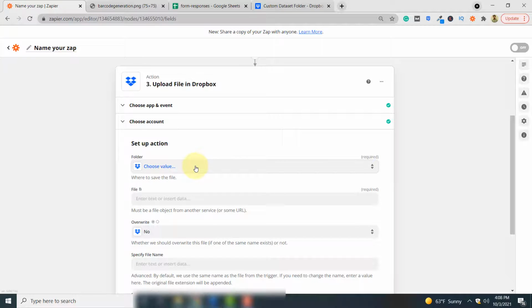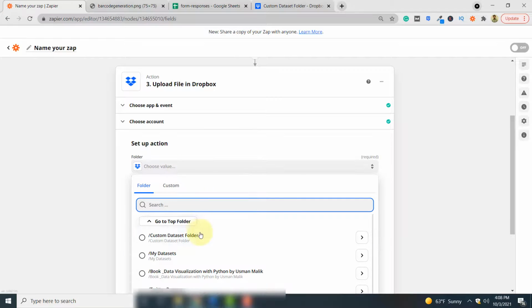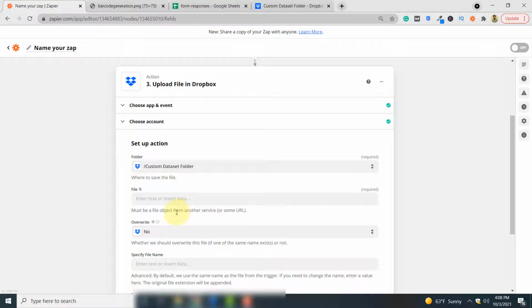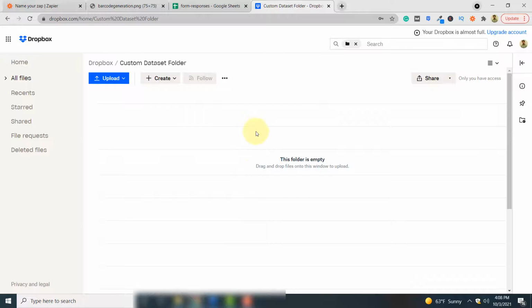You have to select your folder that will be storing your uploaded file. So I will select one of the folders in my Dropbox account. So I select custom dataset folder. So if I open this folder, you can see it is empty right now.